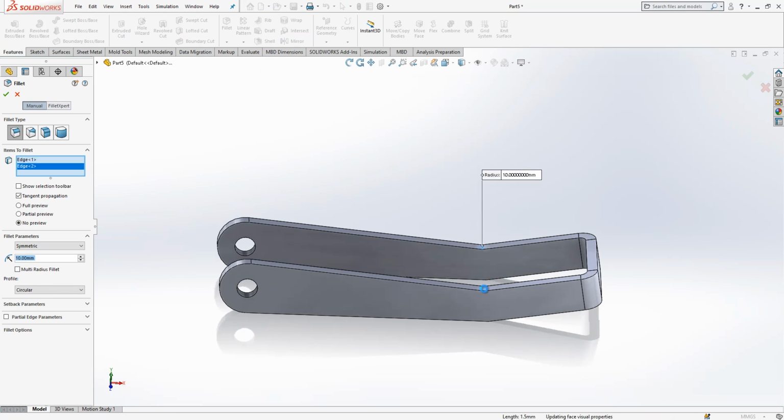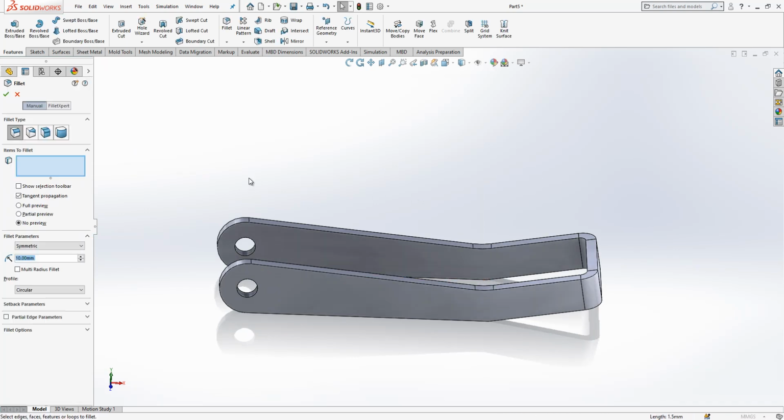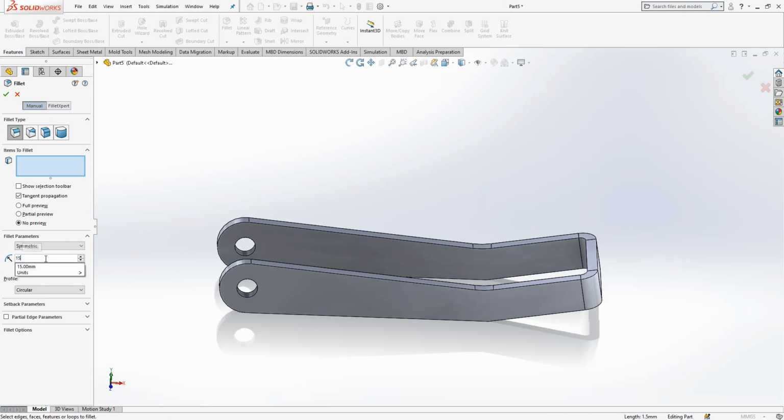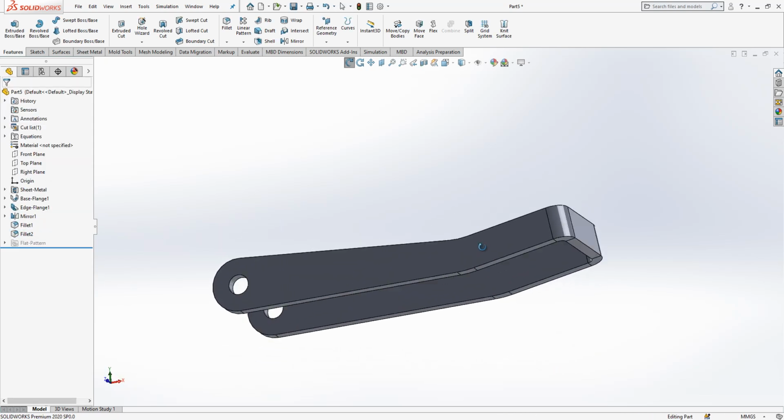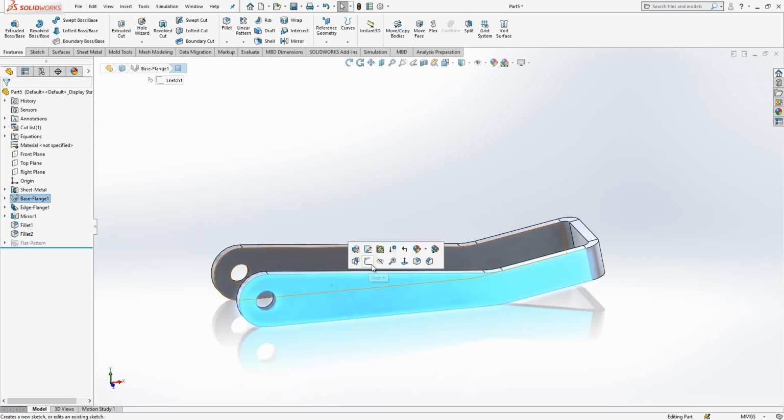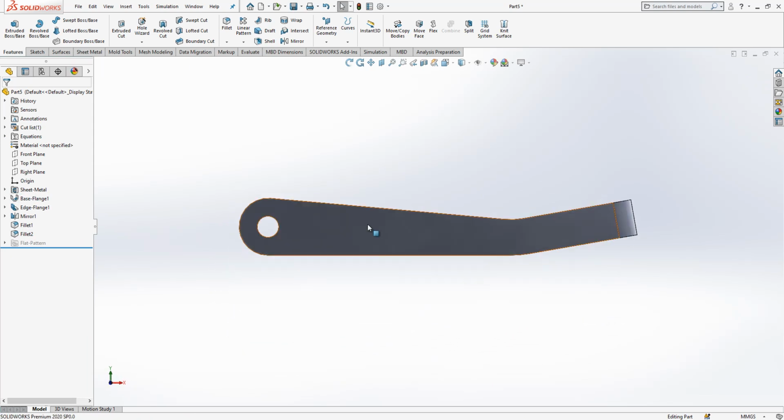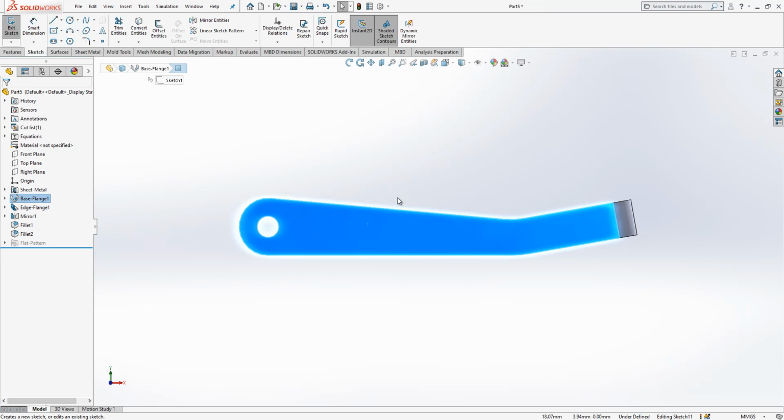These 2 edges. If I enter again, click the enter, I'm going to get the same command again, and now I increase the value of the radius to 15. I will create on the surface a sketch